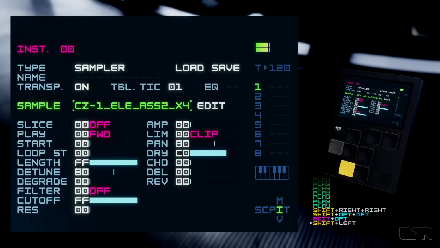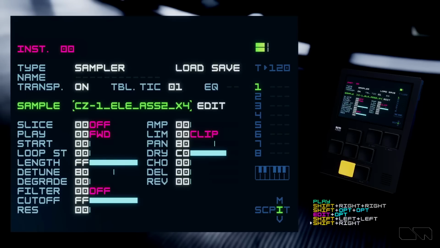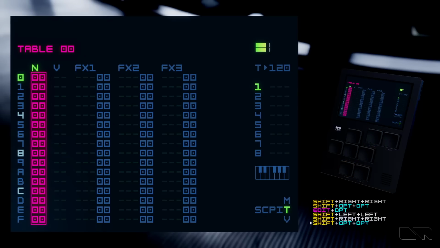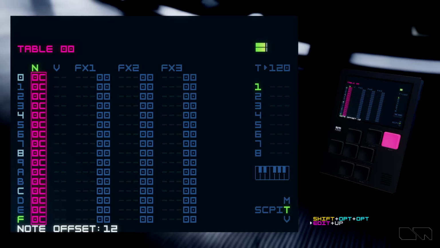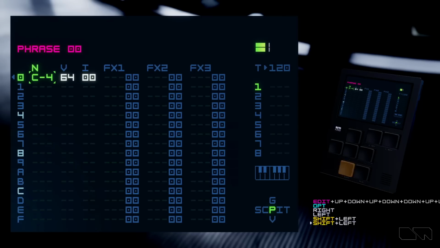So that's the first go-to, and anybody who watches me use M8, you'll see me do that all the time, especially when I have an instrument line I already wrote out, and I want an octave up or an octave lower than what I originally wrote. I'll just do it in the table and hit edit and up, and it'll shift it up by an octave, or edit and down, and it'll shift it down one octave. That by itself is pretty convenient, but